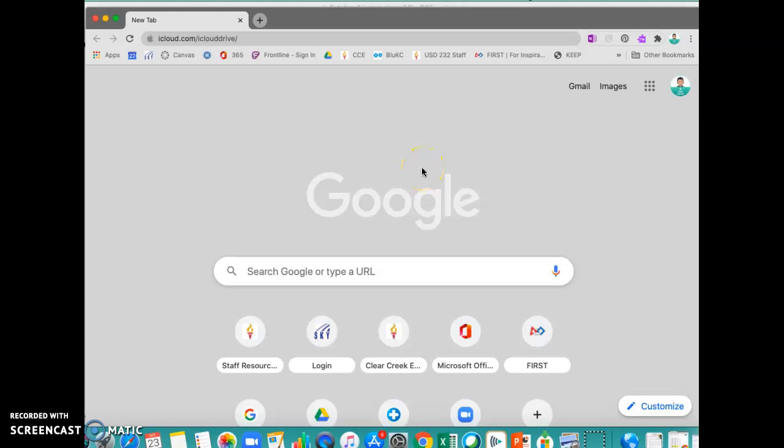I'm going to show you really quickly how to access your iCloud Drive on the web through your MacBook so that you can easily access the folders and the work that your students turned in through Schoolwork. So if you go to the top, you can obviously type in iCloud.com, or you can even go a little bit further and go /iCloud Drive/